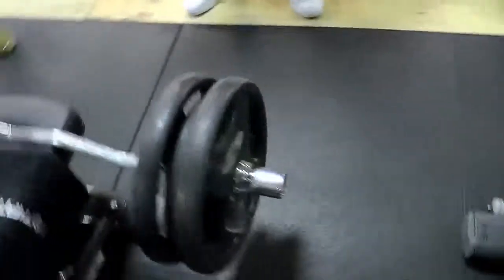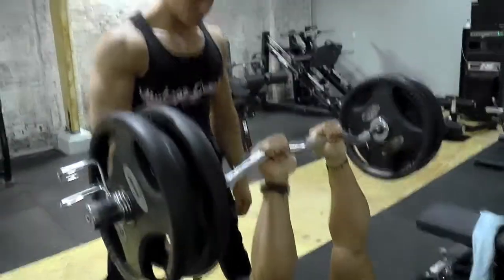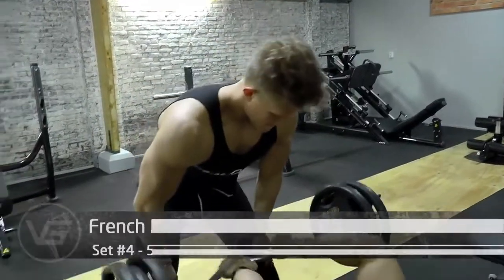Boom, look at that weight. This is quite a heavy bar right now, but I like to overload the triceps with a lot of weight